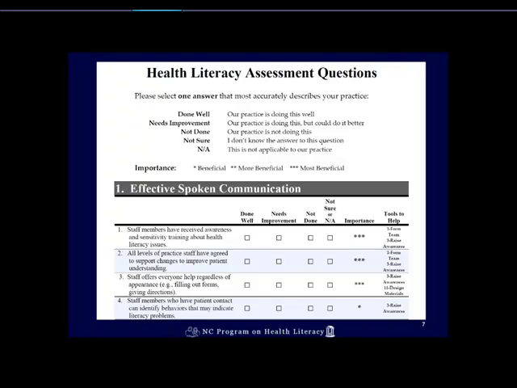And then we've rated each item on the level of importance. So those items that receive 3 stars are probably going to be the highest impact items, or things that are really important to address early on that your patients will really notice a difference. We wouldn't have put items in here if we didn't think they were important, so the lowest score is still called beneficial, but we wanted to have this prioritization to help practices decide what they could work on.